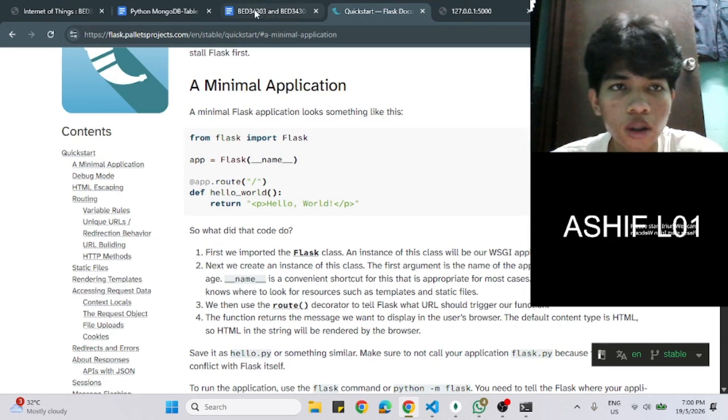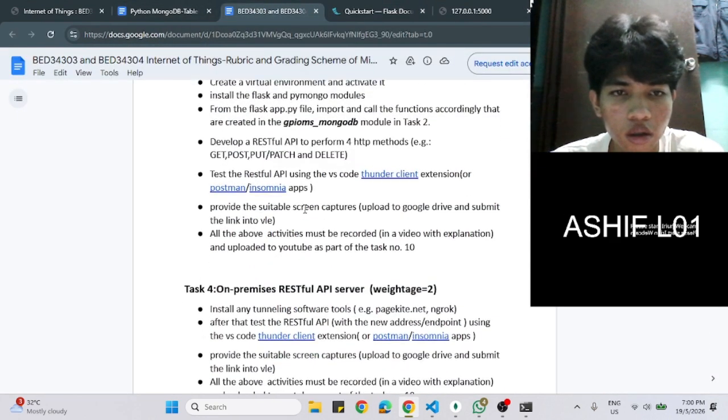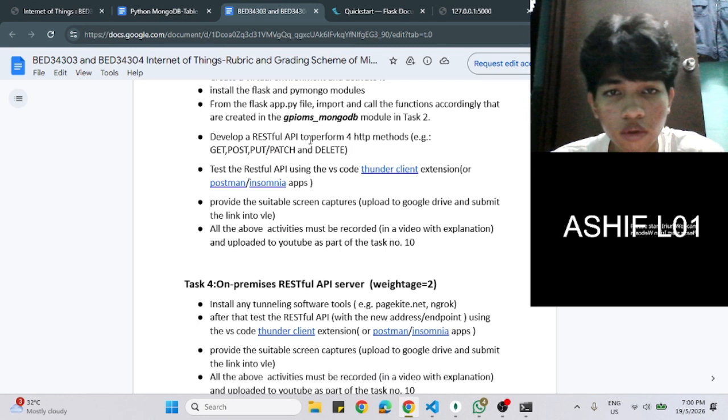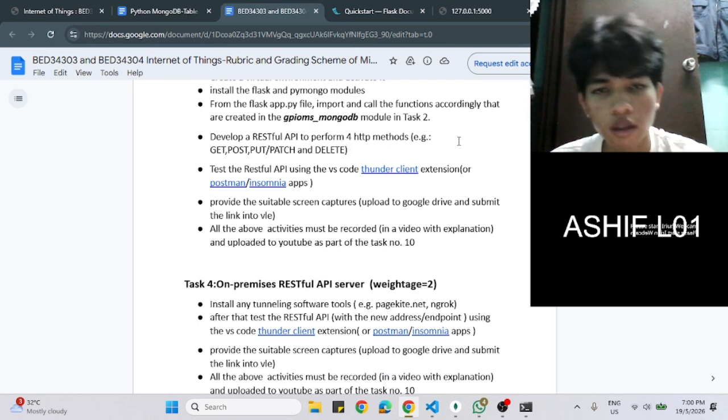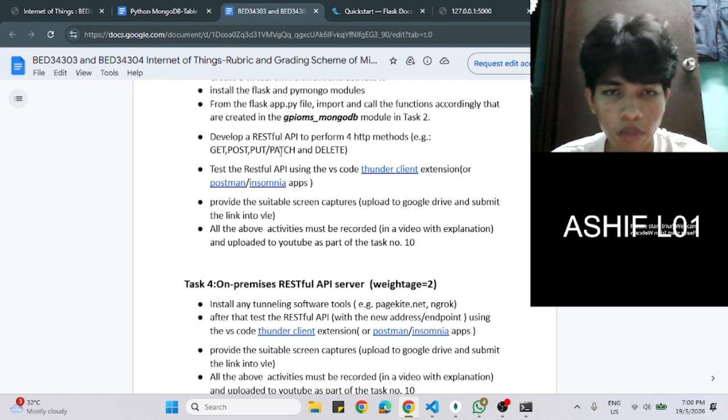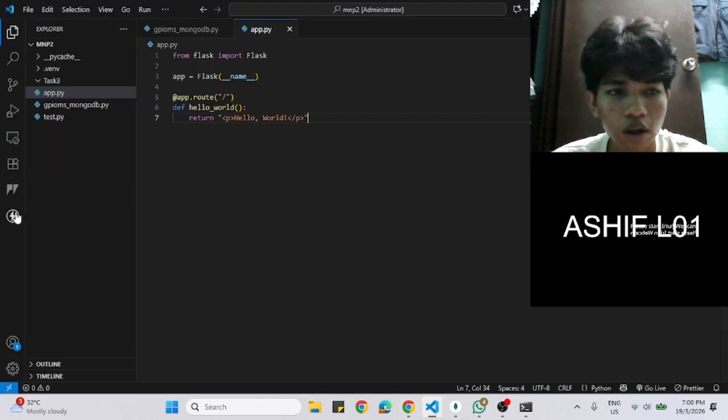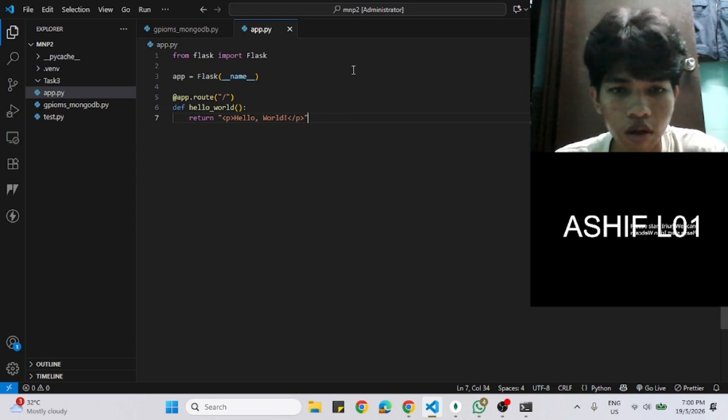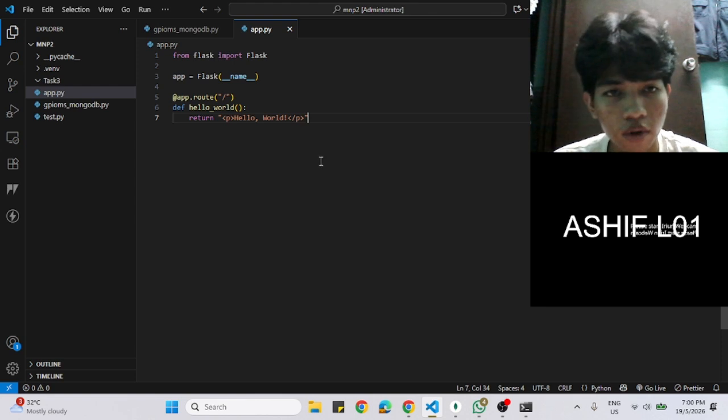What question one is: develop a RESTful API to perform 4 HTTP methods, which is get, post, put, patch, and delete. So we have to test all those things in VS Code using Thunder Client that we just installed from the extension in VS Code. So first of all,